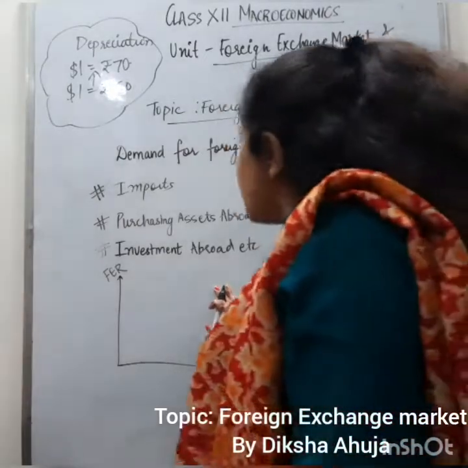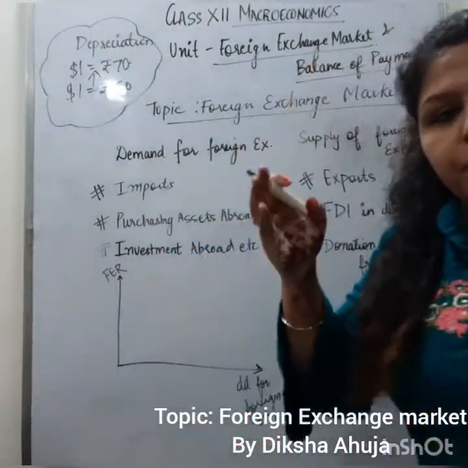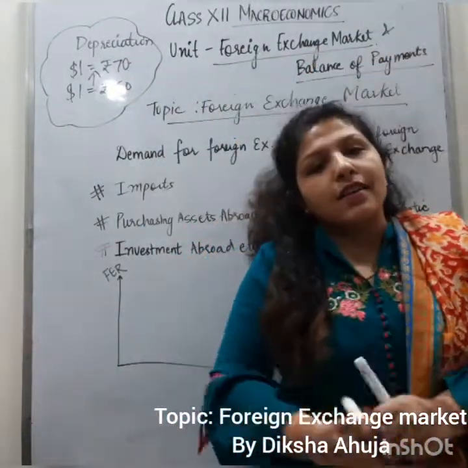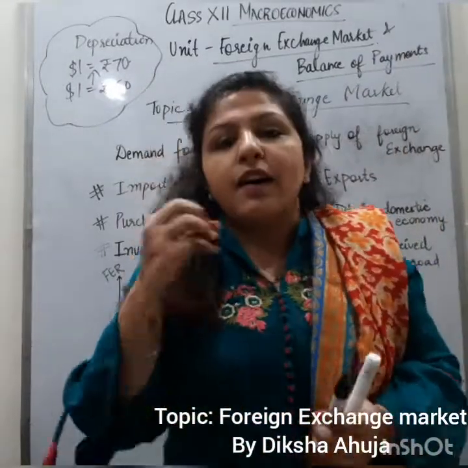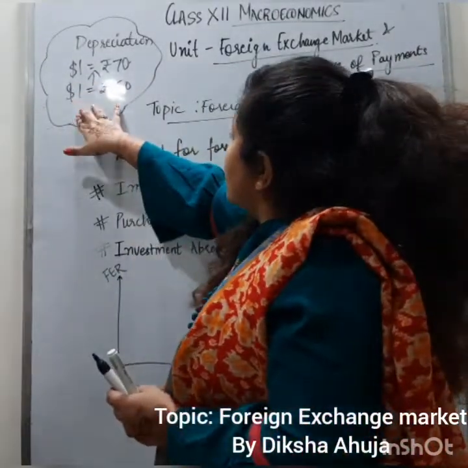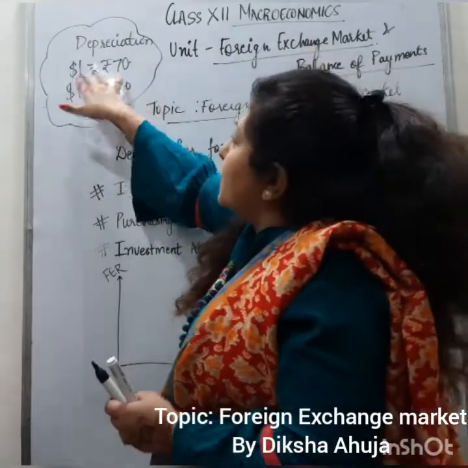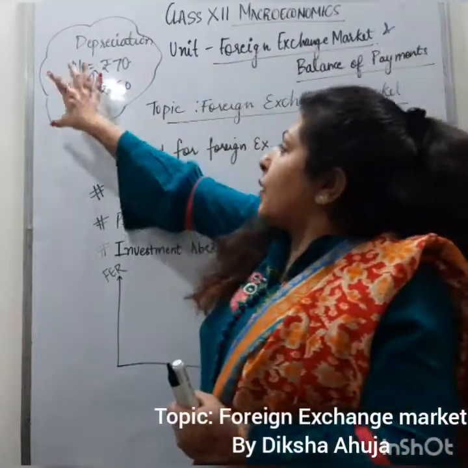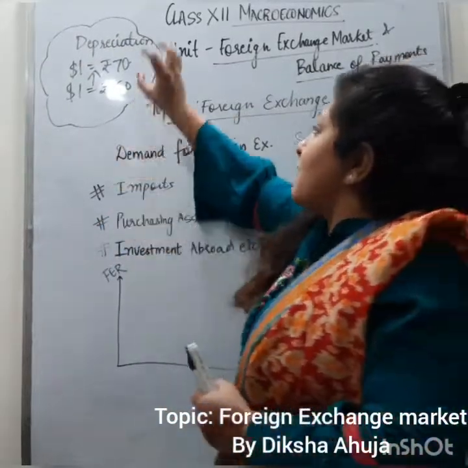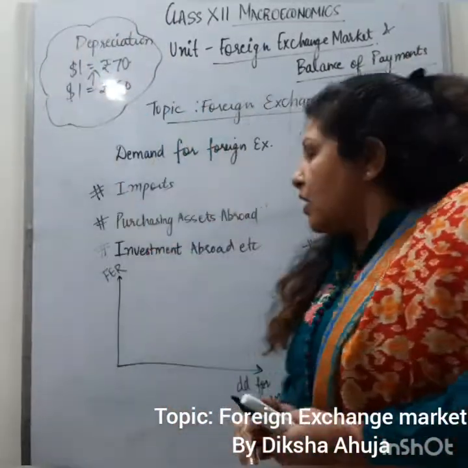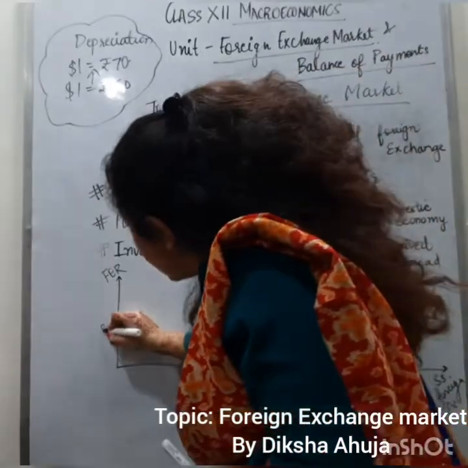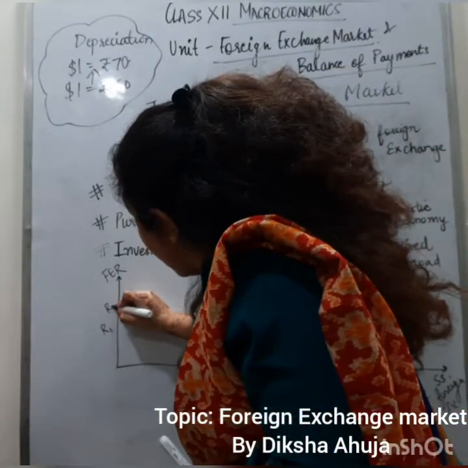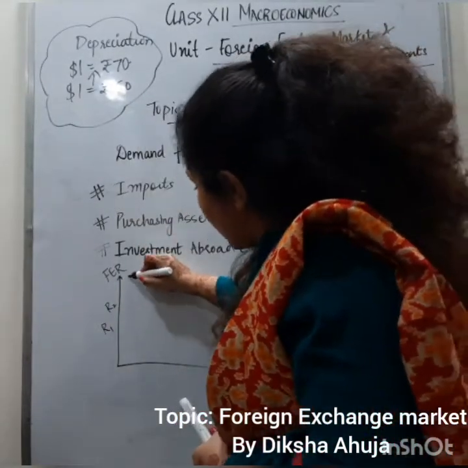Right, let's start. So let's say depreciation has taken place. That means the value of our currency has fallen. Meaning that earlier the dollar was worth 60 rupees, now it's worth 70 rupees. That means earlier I used to pay 60 rupees to get that $1 toffee. Now I am giving 70 rupees to get that $1 toffee. So you can say there's a rise in the price of exchange rate. R1 से R2 हो गया है. Right, the exchange rate has risen.